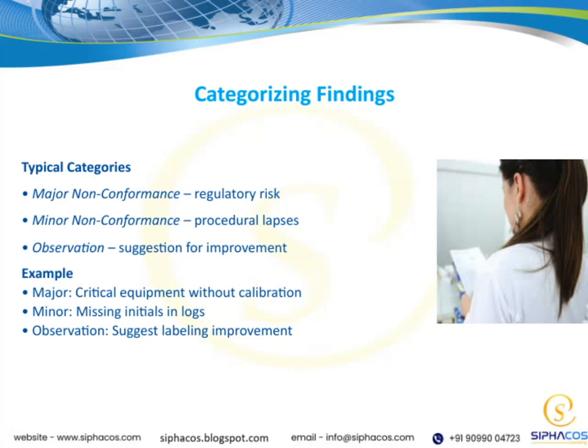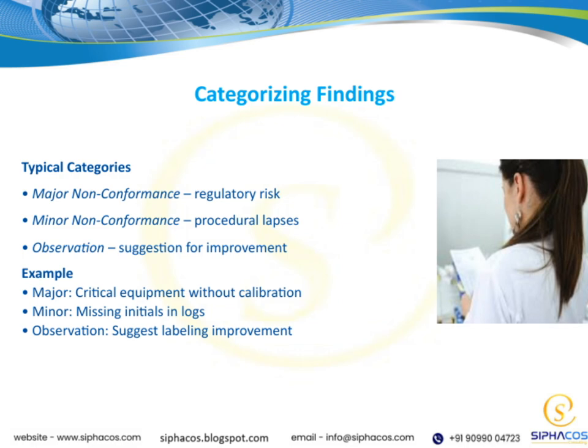Now, let's look at how we categorize our findings to better understand their significance. We typically divide them into three main categories. First, we have major nonconformance, which usually indicates a regulatory risk that needs immediate attention. Then, there's minor nonconformance, which often points to procedural lapses or small deviations that don't pose an immediate risk but still require correction. Lastly, we have observations, which are essentially suggestions for improvement, things to consider that could enhance our